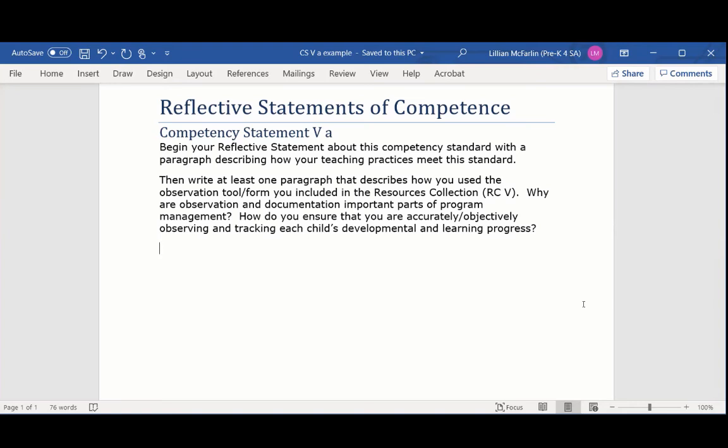Okay? You need to make sure that you hit all the things it's asking you in this. You're going to start with a general little paragraph about how you meet the standard of program management. So you're going to have an introduction,